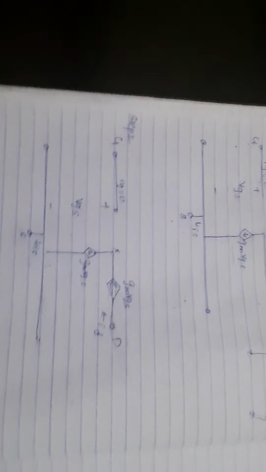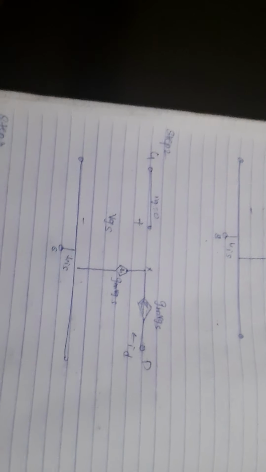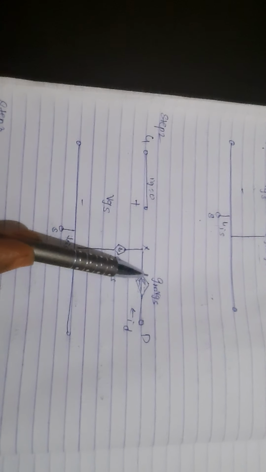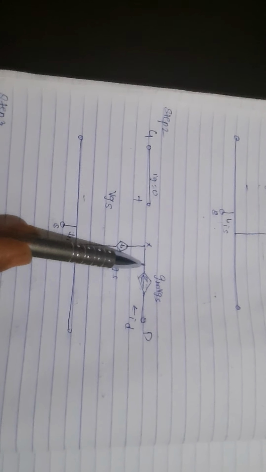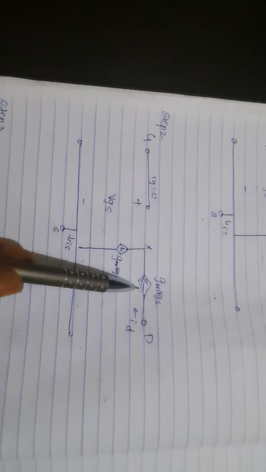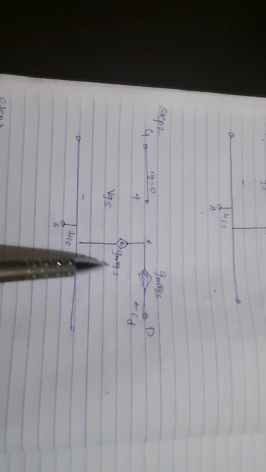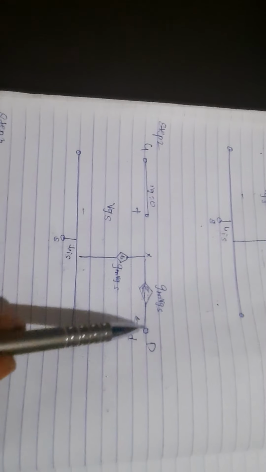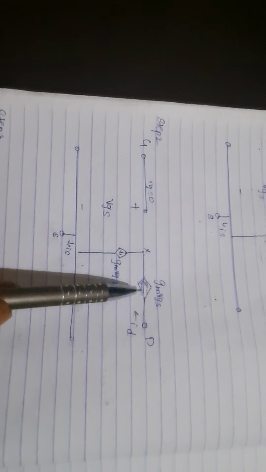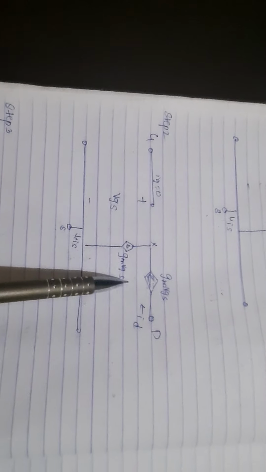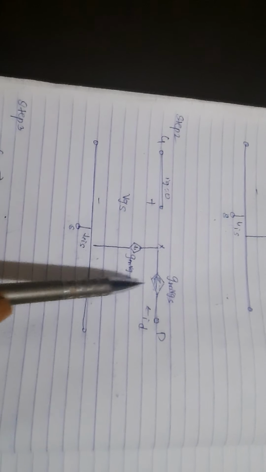After adding this Gm × VGS, we have added a second Gm × VGS current source in series with the original controlled source. This addition does not change the terminal current, and it is allowed. We have added this extra point and it is not changing any current value, so this is allowed. So the first step is shown here.